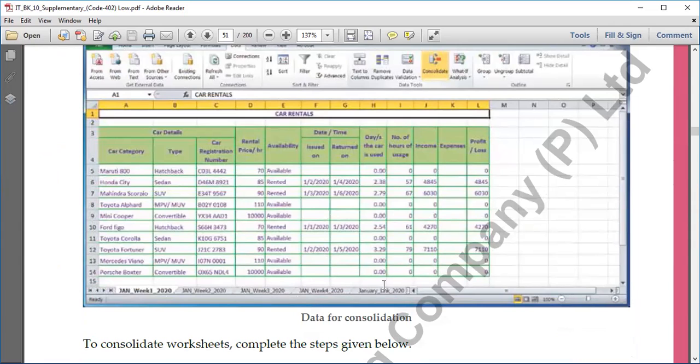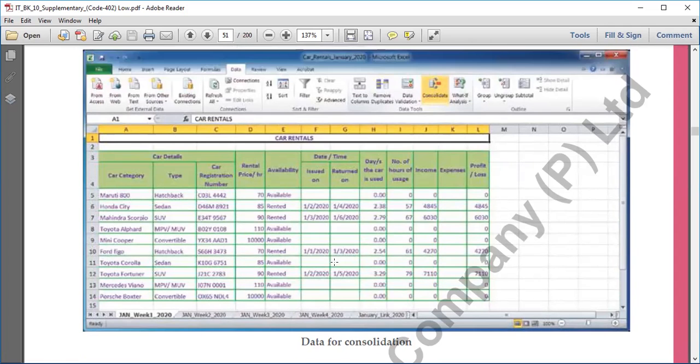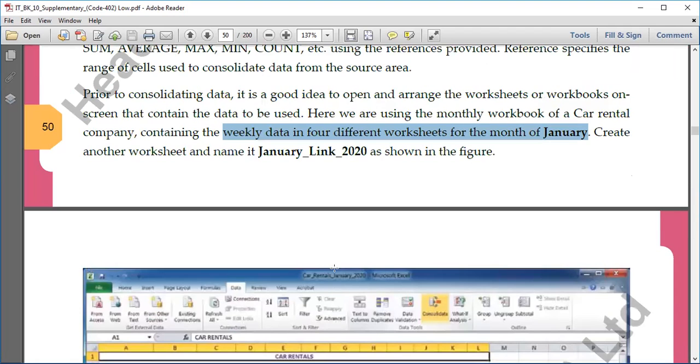Likewise, there are 4 or more worksheets in which the data is given. These are all car rental data. The columns are car category, their type, registration numbers of the car, the rent price, whether it is available or not, and date of issue and date of return. So which car went on rent when, and what its details are, all things are written here, right? And that is done week wise. This is for the first week, then the second week, third week, like that. So this is one table, right?